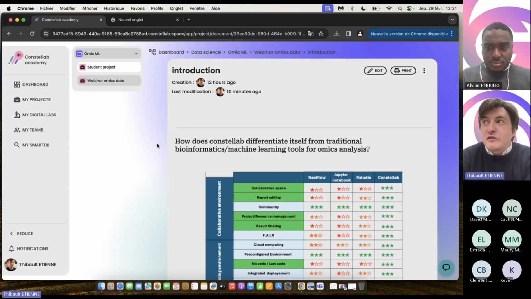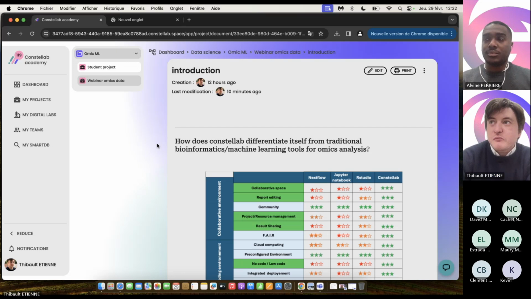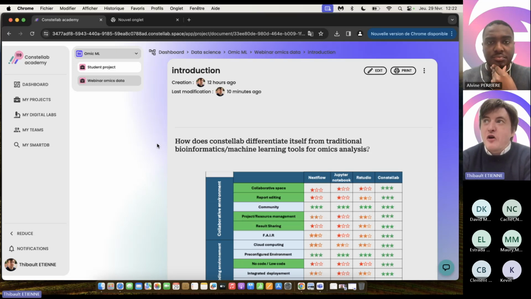One of the limitations was a collaborative space, a space to exchange results, documents, but also to discuss with my supervisor or other colleagues. There are other limitations too. For example, how can I share my results, share a report, share an algorithm, or a mathematical formulation? So during my PhD, I had this limitation. When I arrived at Gencovery, I discovered Constellab, and Constellab, for me, is the solution to